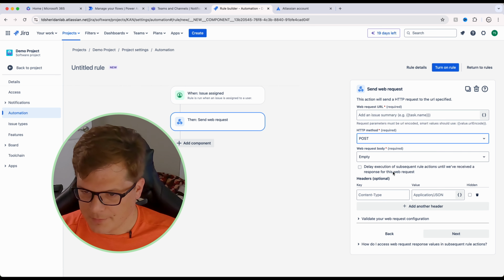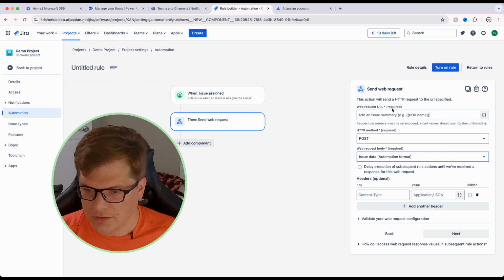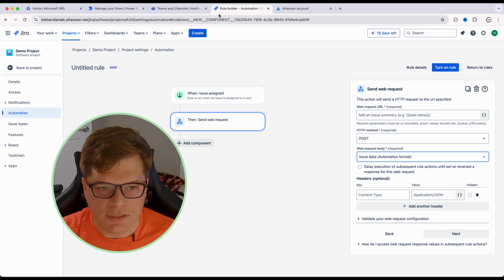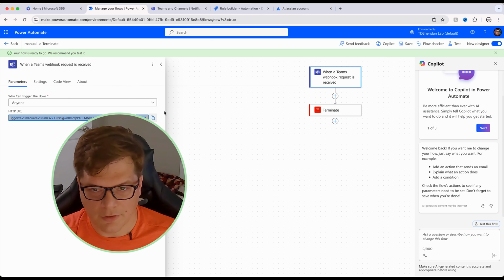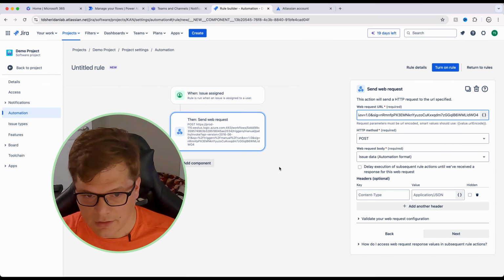We're going to keep this on post. For web request body, we're going to flip this down to issue data. And then for that URL, the way they phrase this here, it seems backwards. Back to our webhook, grab our URL, post our URL in here,